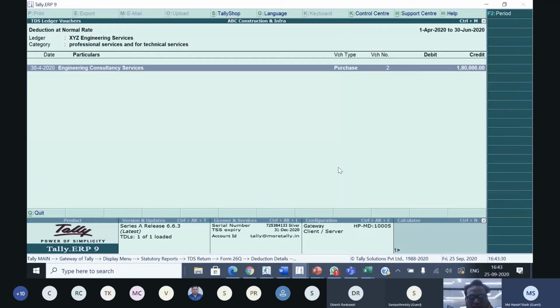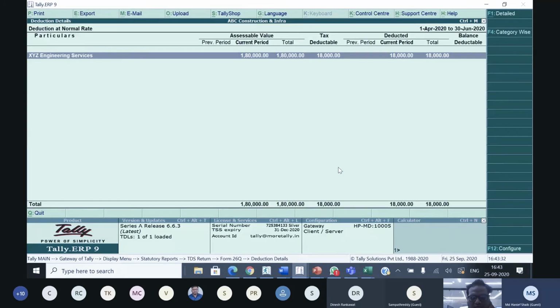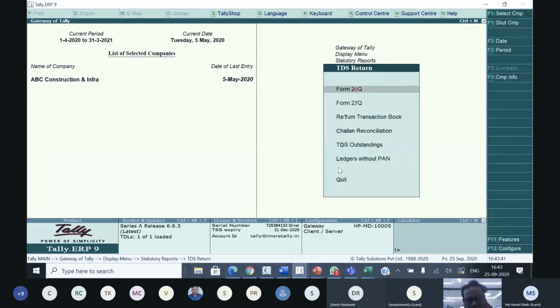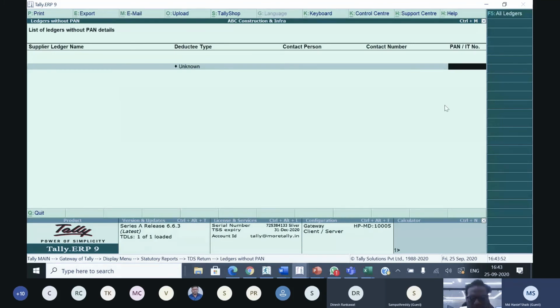So Tally automatically deducts according to this section. And any TDS outstanding details, it will show. Ledger without PAN: if any supplier ledger does not have PAN details, it will show here, so that if you enter it, it automatically updates into the master.